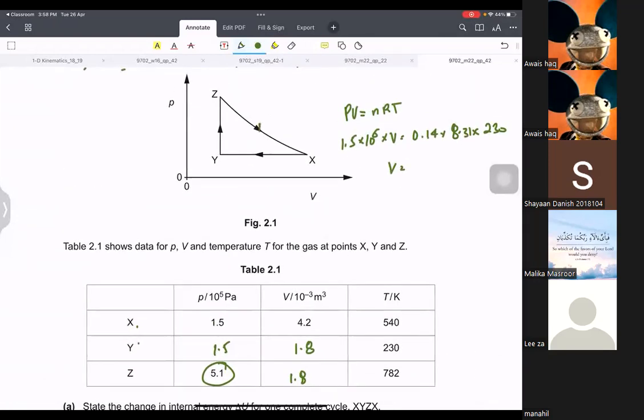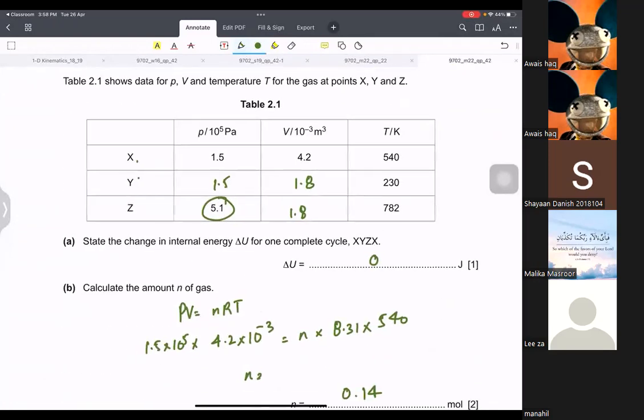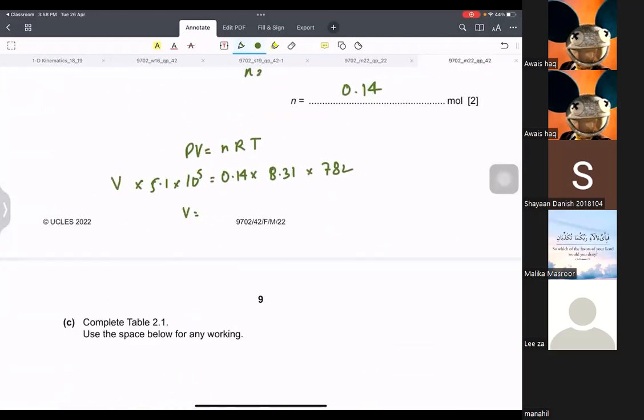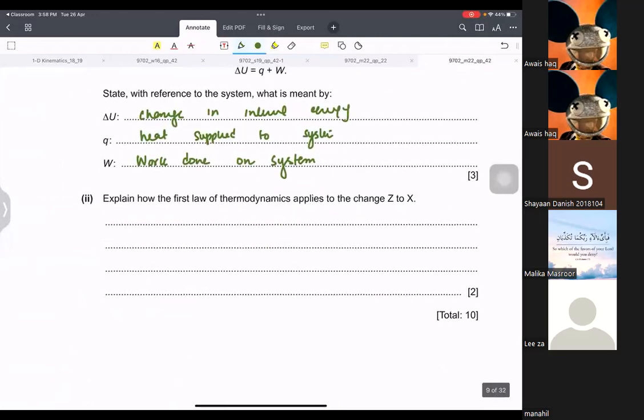Z to X. Okay. Now what is happening in Z? Not only the volume is increasing, but the pressure is also reducing. Right. So how does it apply? So if the volume increases, volume increase means work done by the system,